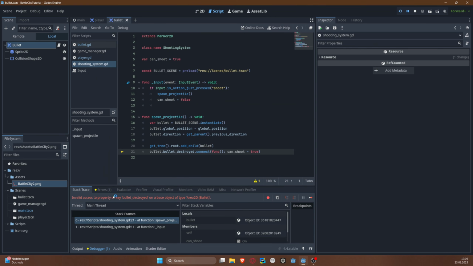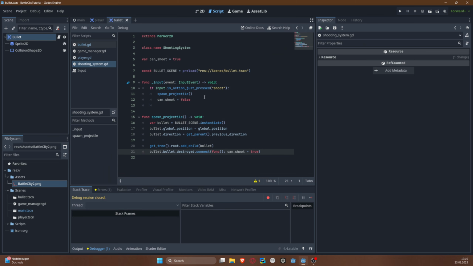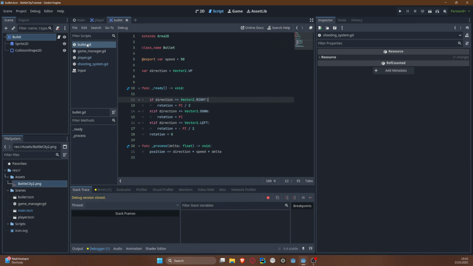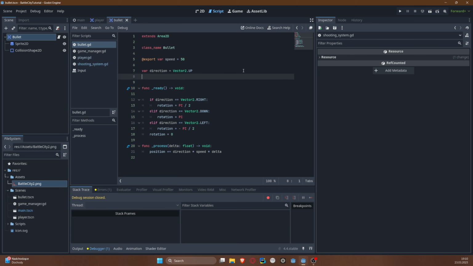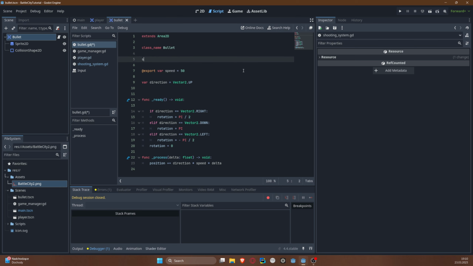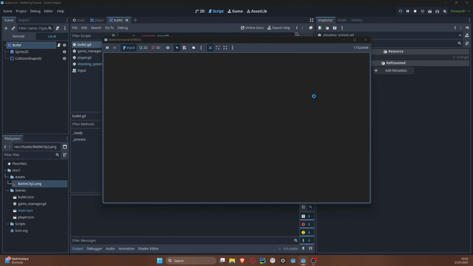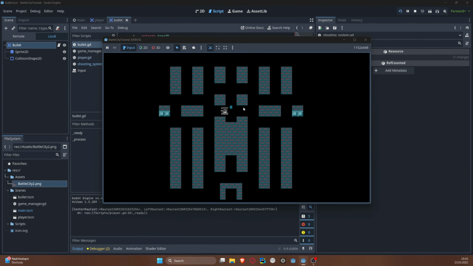And okay, there's no signal defined, of course, so there's an error. So let's define that signal. Let's see, maybe put it here, signal bullet destroyed. Okay, we don't need to do anything with it yet. Yeah, okay, we spawned this, which is great,